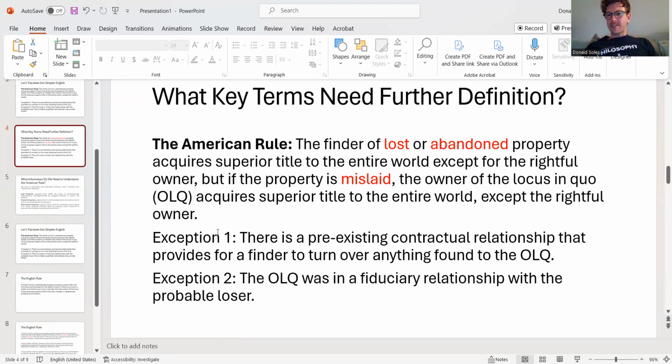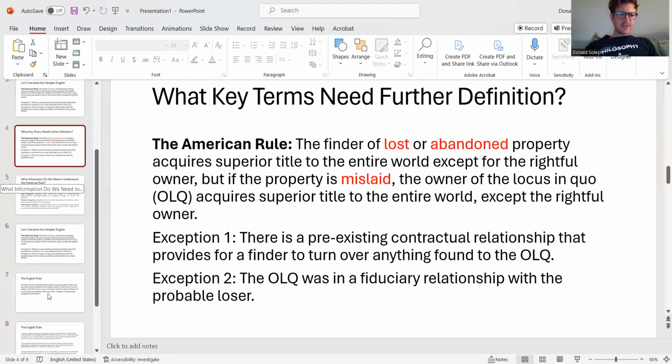Now, of course, I don't understand why that's the case, because you might just think there could be a statutory period, say 2 years or something, where the owner of the locus in quo would have possession, but not the best possible interest in the property. And that after the statutory period, the finder could prevail. I don't understand why that isn't a sensible solution either. But a lot of people will at least reply to you that the American law makes sense because it's more likely to reunite mislaid items with the true owner. Whatever you think of that, I'll leave it up to you to think about the merits of the law.